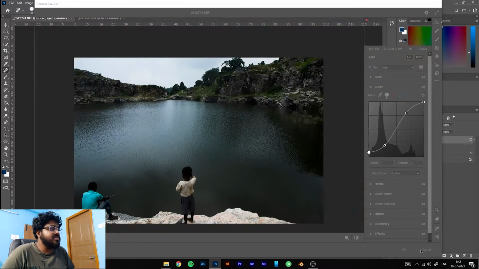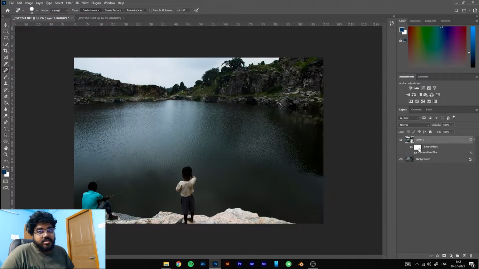The problem is this only applies to this layer. What happens if you want to apply curves to multiple layers? Then you use adjustment layers. And the thing with an adjustment layer is, if you want the curve to apply to just one particular layer, you select the curve and select,